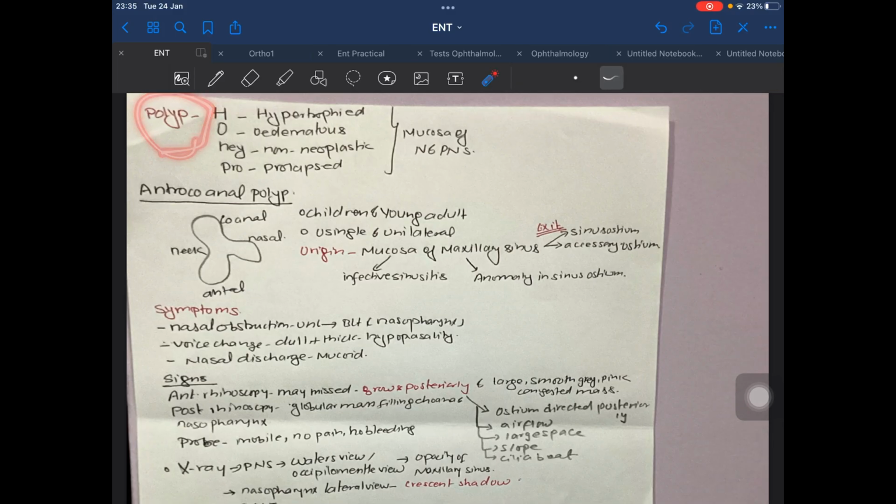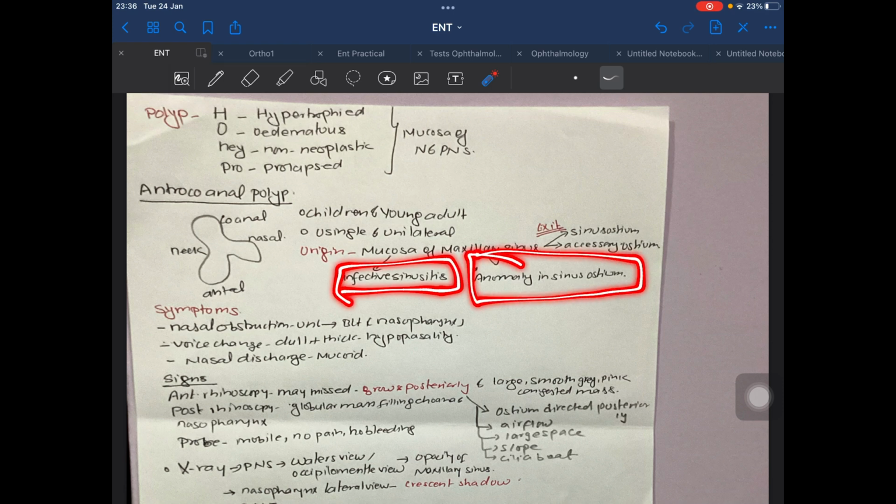What is a polyp? A polyp is a hypertrophied, edematous, non-neoplastic and prolapsed mass of mucosa of the nasal and paranasal sinus. Let's talk about antrochoanal polyp, mainly seen in children and young adults, mainly single and unilateral, originating from the mucosa of the maxillary sinus and exiting from the sinus ostium or accessory ostium, mainly due to infective sinusitis or due to an anomaly in the